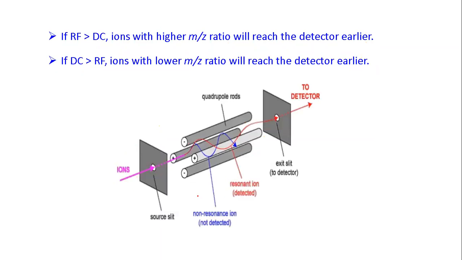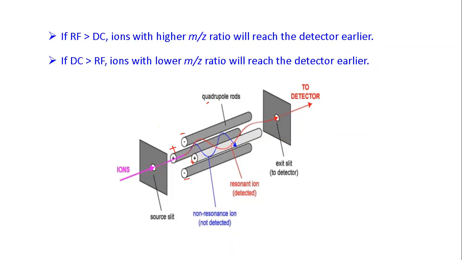Now, pictorially, you can imagine like this: you have four rods. You see, here is the negative potential applied, and this is the positive potential applied along these two rods. Okay, so the ions produced in the ionization chamber are passing through a slit and then entering this quadrupole analyzing system. So why are we saying quadrupole? We have four rods here, cylindrical. So that's why we say quadrupole rods.